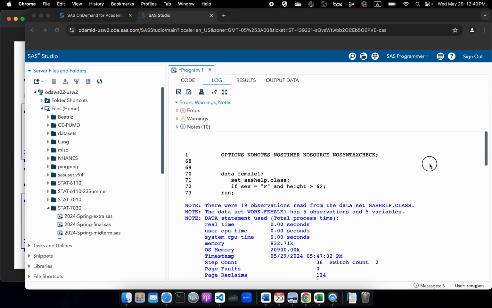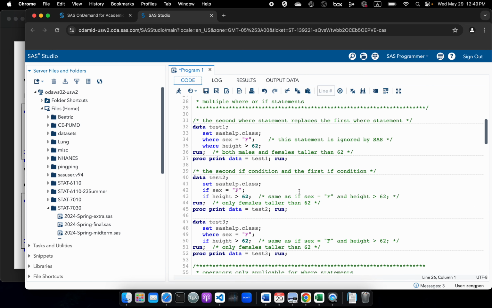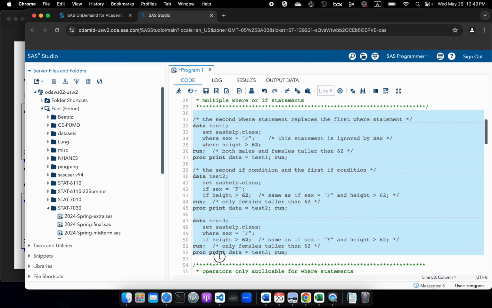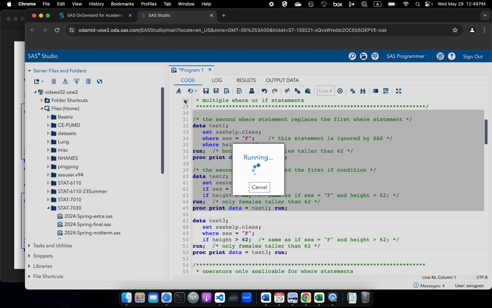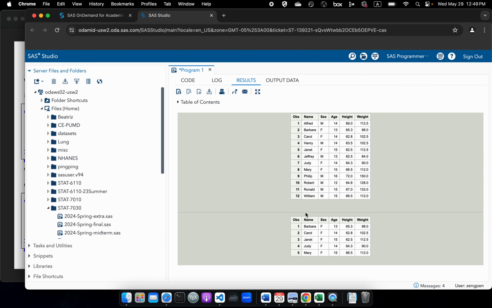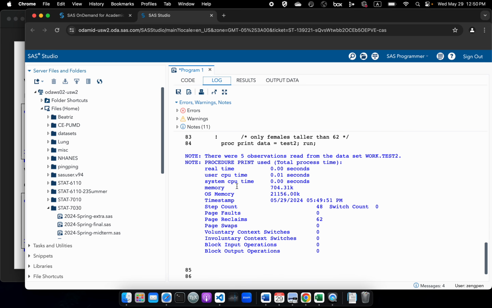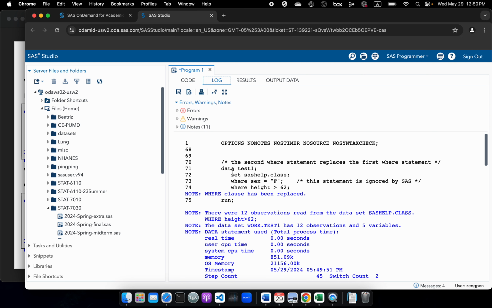Then we can check that in SAS. You can see these 2 pieces of code, right? The difference is that here we have 2 where statements, but here we have 2 if statements. If we run this one, maybe I run them together. Clearly, the results produced are different, right? For the first one, we have 12 observations, but for the second one, we have only 5 observations. So if we check the log, you can see